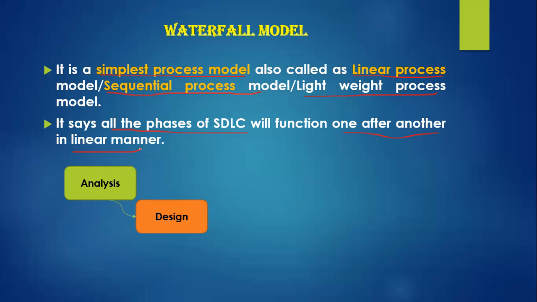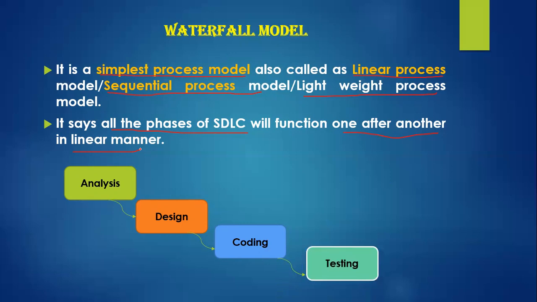Once the design phase is completed, the next phase is coding. Coding is also called implementation. In this phase, one of the programming languages is selected to write our programs to build the product, that means software. After completion of the coding, the next phase is testing. In the testing phase, the product which you have built is tested in different dimensions, how it works, and whether it is implemented according to the customer requirements, etc.